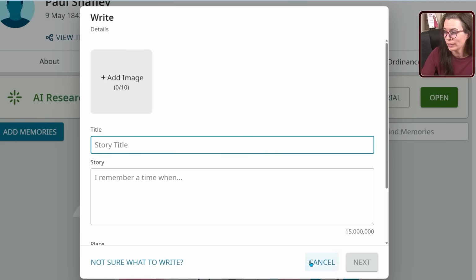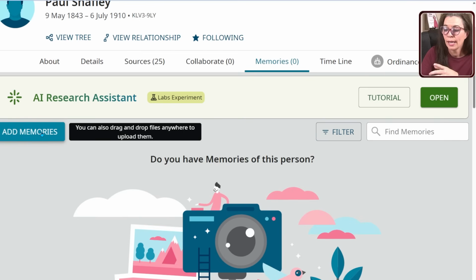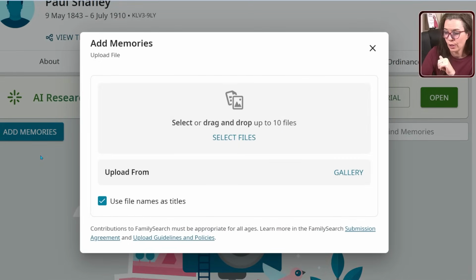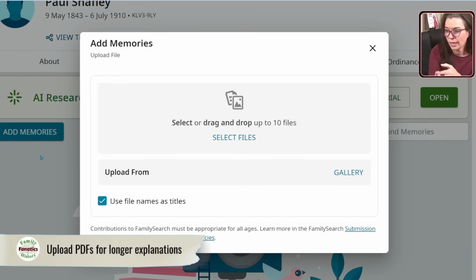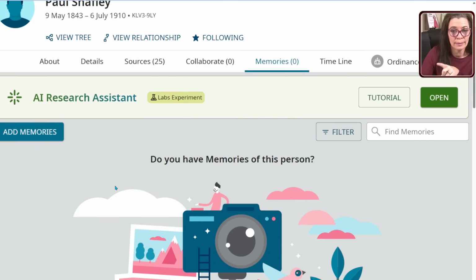Now, if the story is rather lengthy, hopefully you'll write it in a text document of some sort, be it Apple Pages, be it Microsoft Office or Google Documents. Save it to a file, and then you can do upload. You can upload PDF files, and there's some other file formats that you will be able to find the latest supported file types here within the instructions. Upload it as a memory